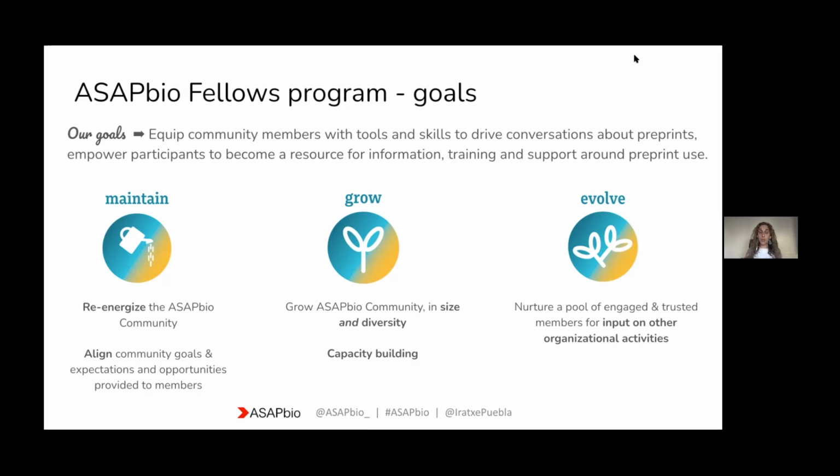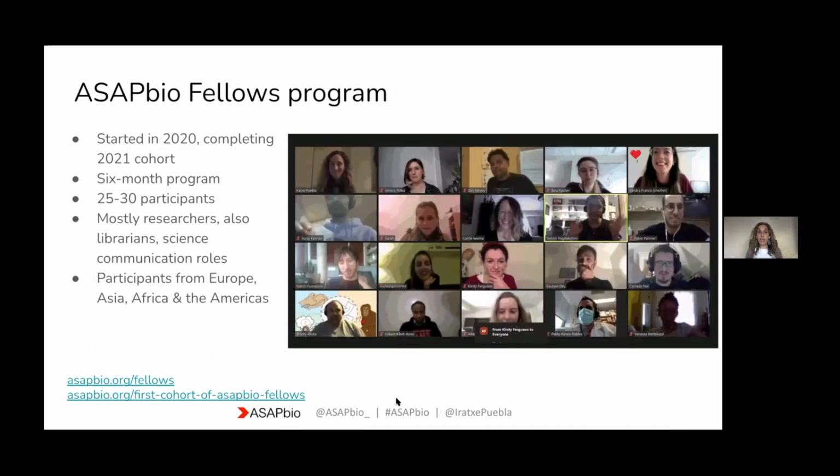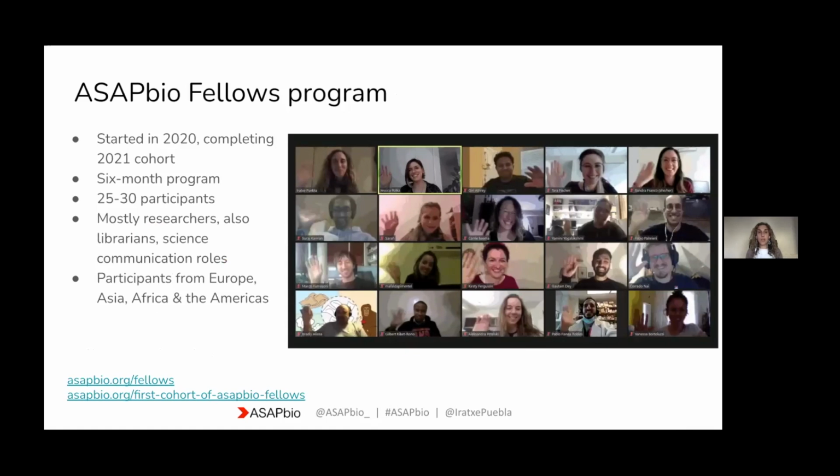It's important for us and for our mission to ensure that we always had the researcher perspective in our projects. That was going to provide potentially a pool of researchers to go to for that purpose. So we started the Fellows program last year. We ran it a second time this year. We're just completing the